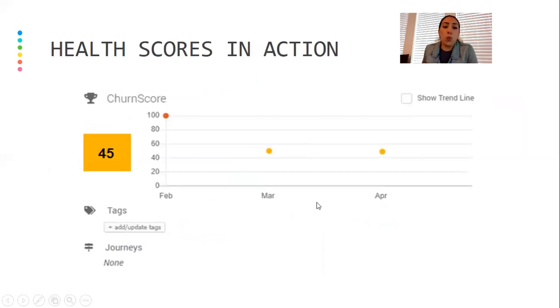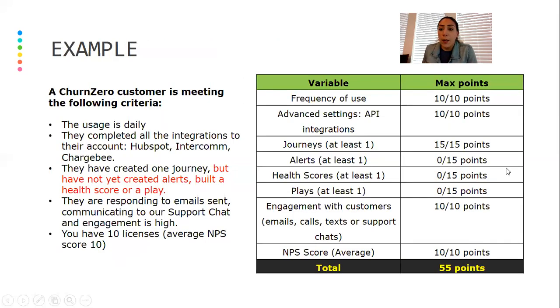So if we're able to reach out to this customer, and if I were the CSM of this account, what I would actually do is try to reach out to the decision maker and see if I could also email them some resources on how to create all of the things that they are not creating yet. So for example, I would be able to send a resource or a video on how to create a health score in ChurnZero, or how to create a play. Or I might also reach out to see if I could schedule a meeting so we can cover all of the 3 things that are still missing from their journey